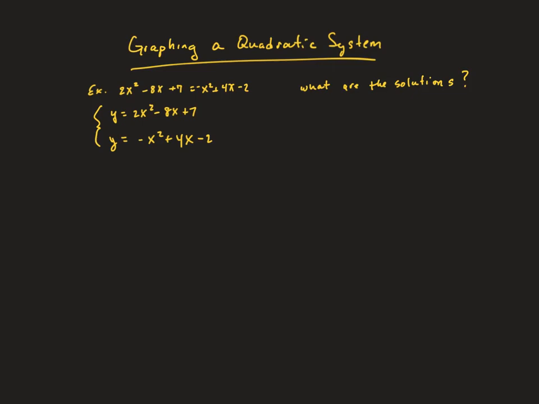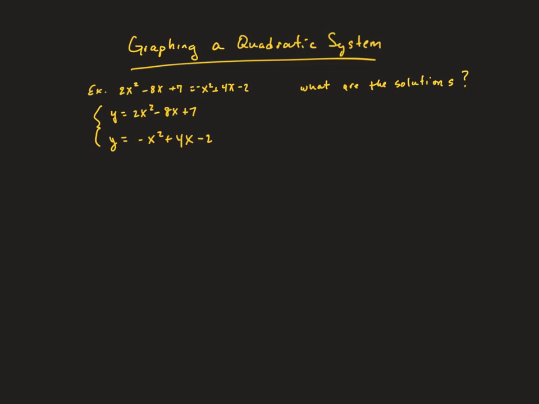And hopefully you remember some of the characteristics: since this is negative, it opens downward, and since this is positive, it opens upward. So in the end, it's going to do this somehow, and we're going to have some intersection points, hopefully. But one will open upward, one will open downward. And so in doing it, we'll go ahead and use a graphing calculator,